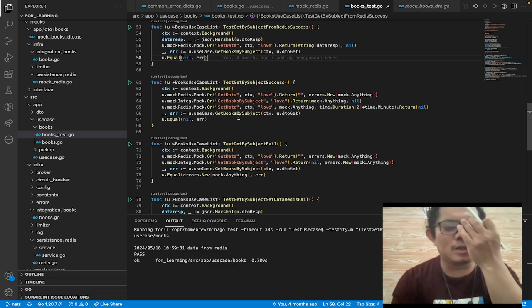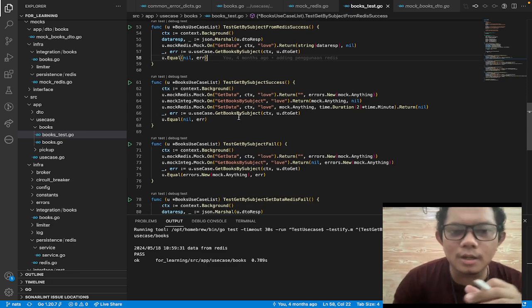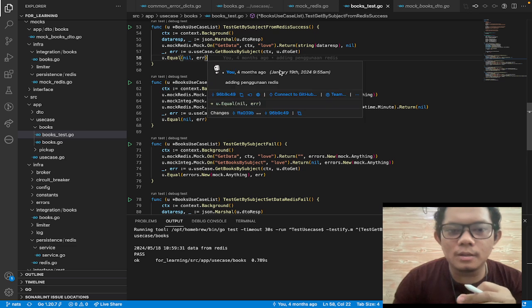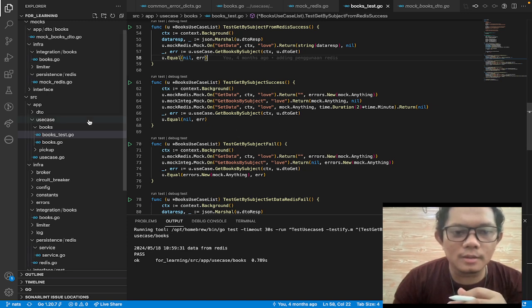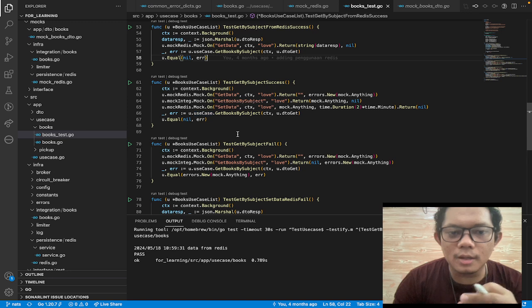And after that, we make a scenario where getting data from the Redis is an error, or it means the Redis case is empty. And then after that, we get the data from the third party. After that, we set data to the Redis.